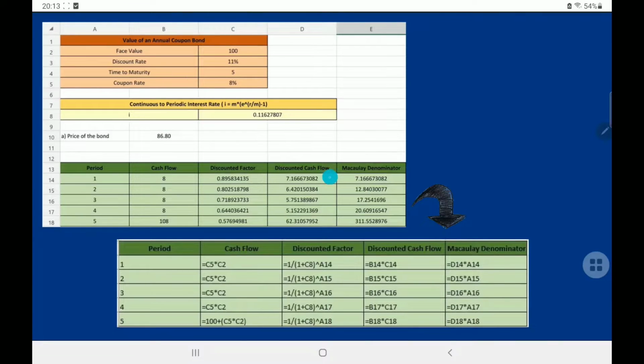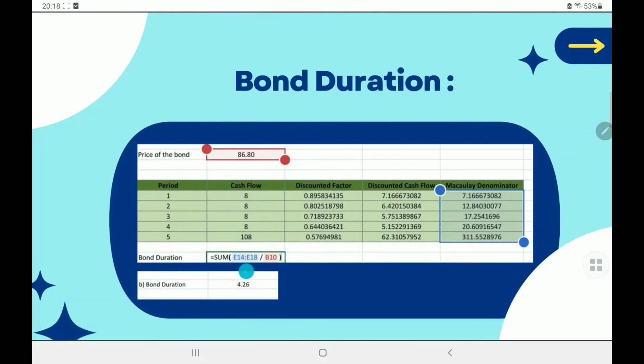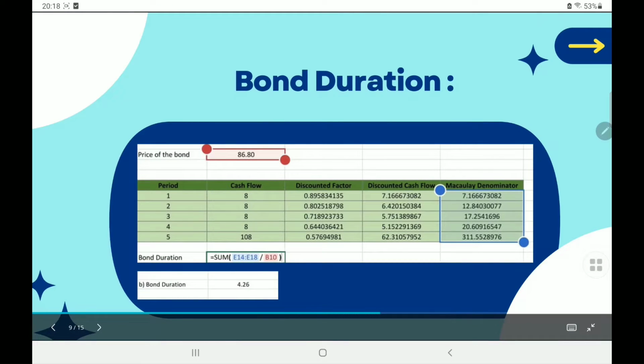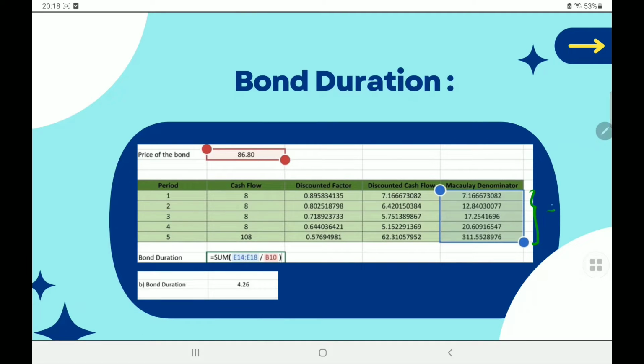Then we will get the answer for all the discounted cash flow in 5 years. To find the Macaulay denominator for 5 years, we just need to multiply the discounted cash flow with the period. Then we will get all the values needed for each year. With all the Macaulay denominators, we can find the bond duration. To find the bond duration, we sum up the Macaulay denominators divided by the price of the bond. Then we will get the bond duration, which is